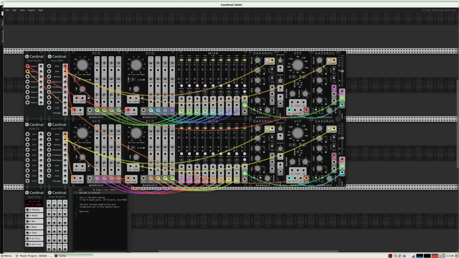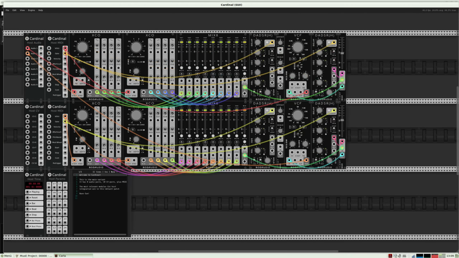I have connected the envelope to the VCA, so I can change this here to other things. I will set it to scroll wheel knob control, so I can use the scroll wheel to change this value here.